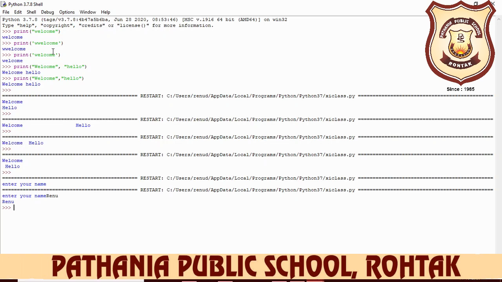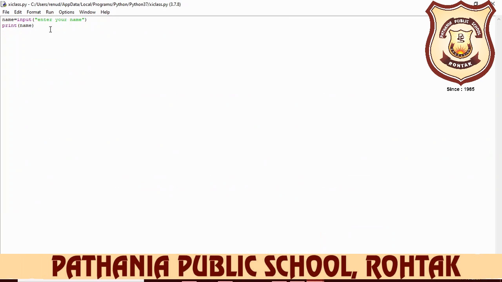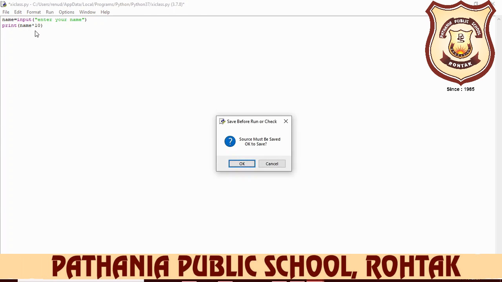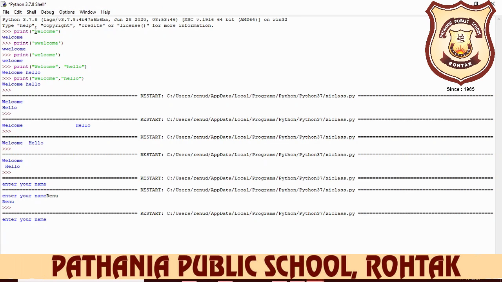Clear? So again open your editor, okay. Now for example, we want to display this name 10 times. So after that you multiply and press 10. So again F5. Okay, so now enter any name. For example, I have written Rohit.